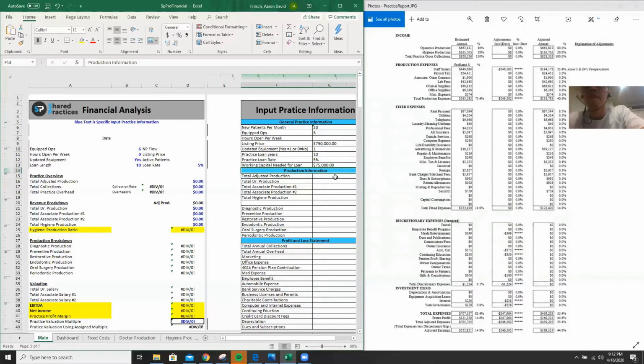Okay, again, there's a couple different terms that you're going to see. You're going to see total adjusted production. You'll see gross collections. You'll see gross production. They're a little bit different. Gross production is the total amount that the practice bills, and this gets a little tricky. That's if they're using their UCR fees, which means usual customary rate. That's what the doctor says